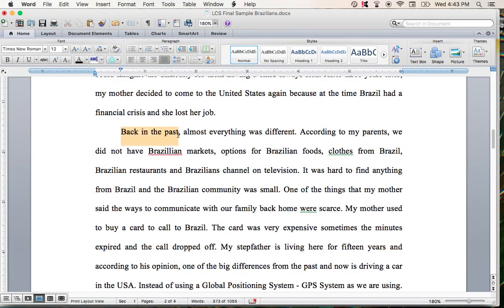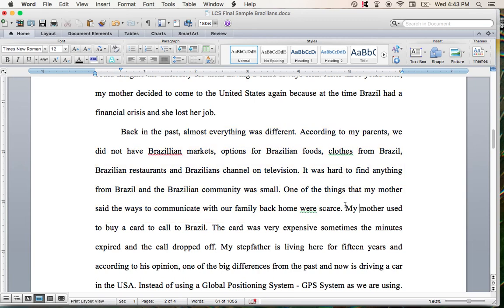And then this paragraph is about the past of the community, before she was old enough to remember, before she was really involved with the community. Her parents were there. Back in the past, almost everything was different. According to my parents, we did not have Brazilian markets, options for Brazilian foods, clothes from Brazil, Brazilian restaurants, and Brazilian channels on television. It was hard to find anything from Brazil, and the Brazilian community was small. One of the things that my mother said was that the ways to communicate with our family back home were